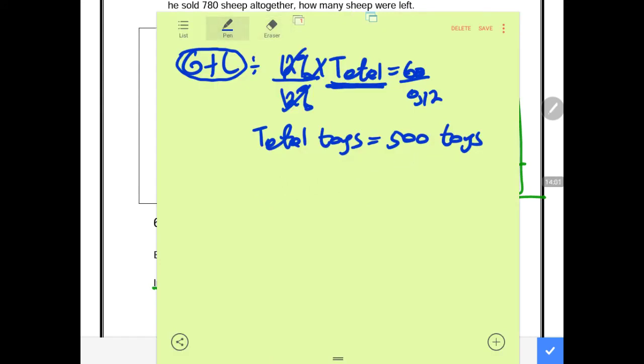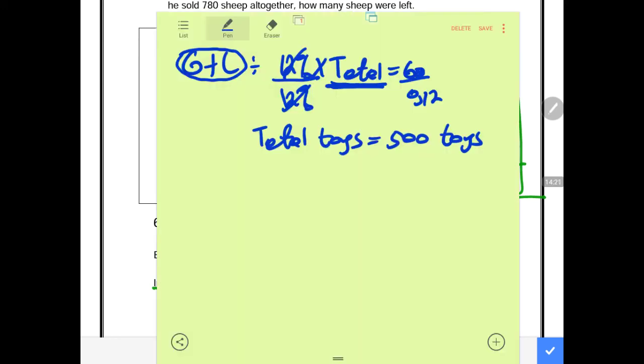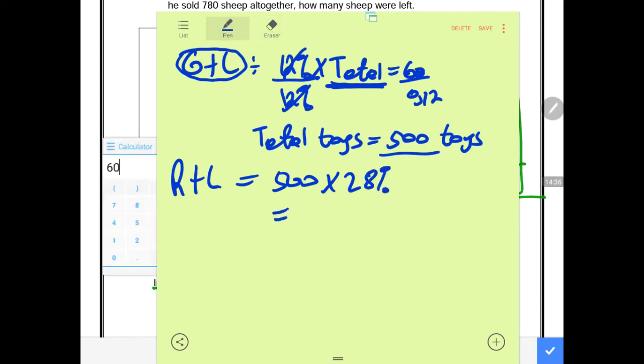So that means our total toys are 500, but we are looking for the toys that are red and large. They said how many toys are red and large. So now how much is the percentage of red and large? This is the percentage of red and large. Red and large, 28%. That means 28% of the 500 toys are red and large. So we say red plus large will be equal to 500 times this by 28%. 500 times by 28%. It will give us